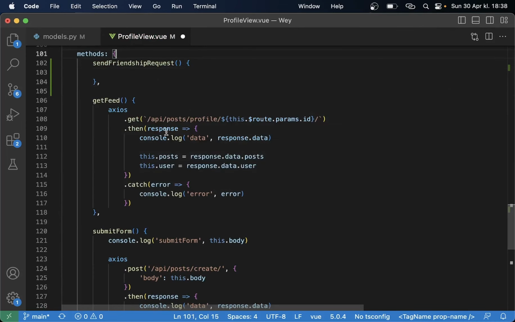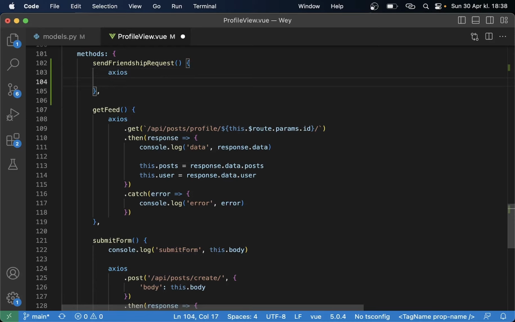Close it and add the comma. And then in here we can use Axios. And here I want to post because we are asking the server to actually do something and not getting information back. So .post /API